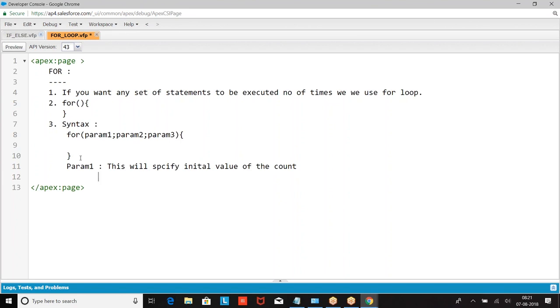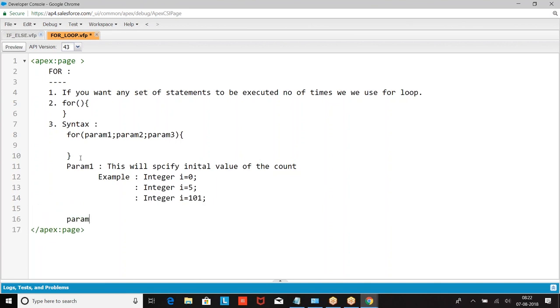How do you define it? Example: integer i equal to 0. Your count will be integer only, right? When I say i equal to 0, your starting count number is 0.